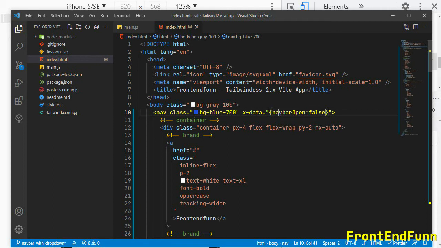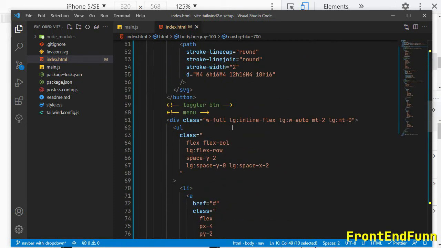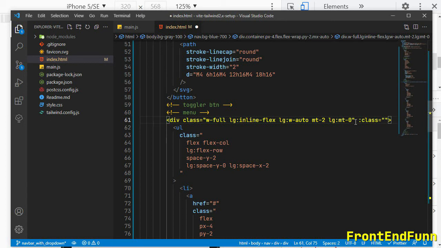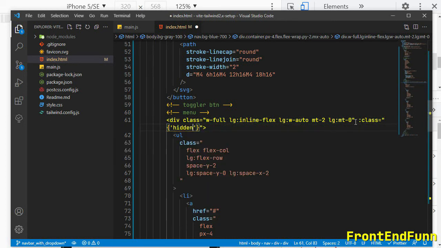So initially the navbar is false. When it is false, we want to add this class, hidden. We are going to add the hidden class when the navbar is not open.